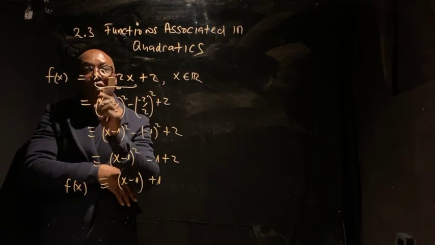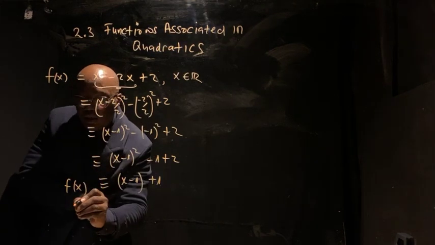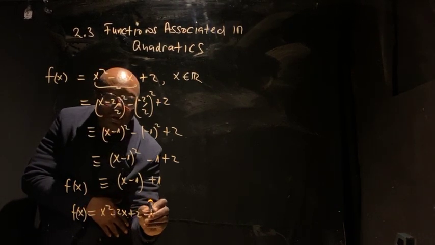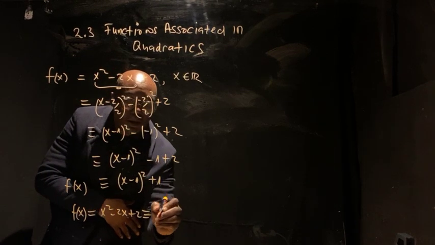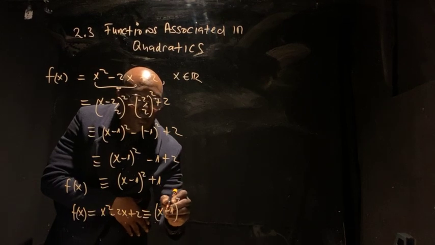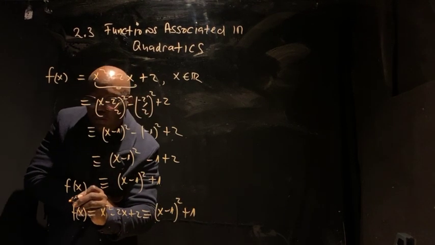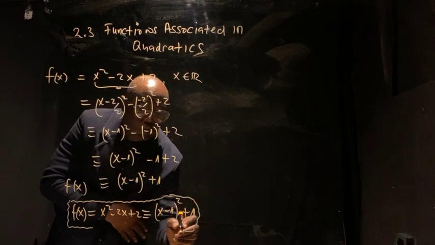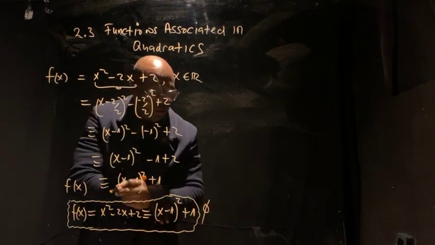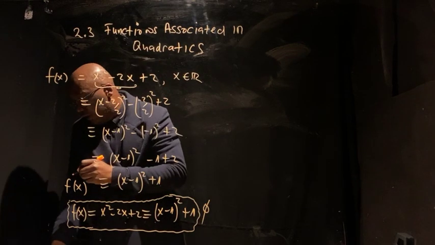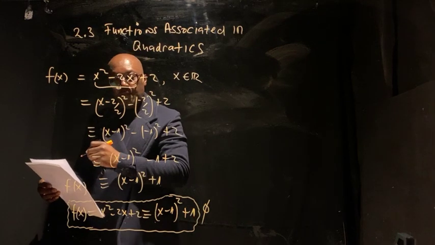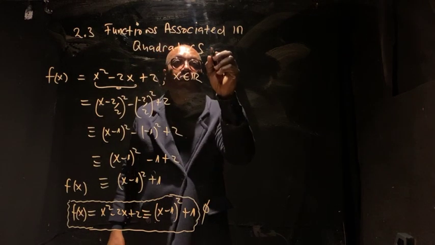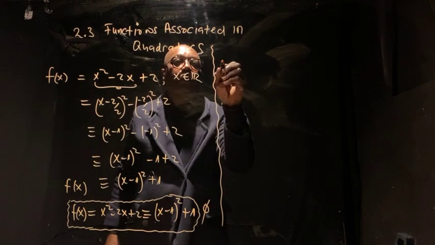Good. So we can say that this equation up there, f of x, which was giving us x squared minus 2x plus 2, is very much identical to (x minus 1) all squared plus 1. I'll call this one equation 5. Good. Let's go back again to the question. We can see that equation 5, f of x,